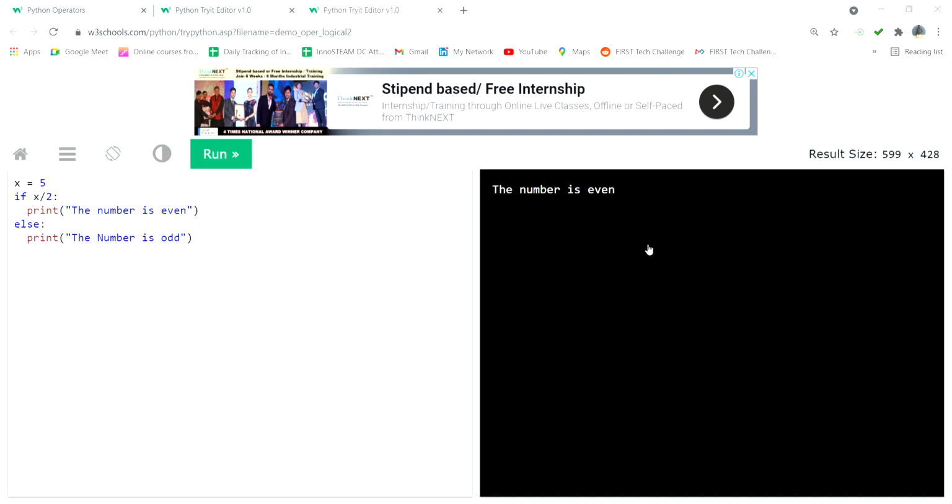Confusion, sir. Yes ma'am. Actually here the remainder should be equal to 0. So we have to see that the remainder value is 0, then only the value is even. If the remainder is 1 or 2 or anything else, whatever it may be, that is called odd. So we need the remainder here, right ma'am? So for an even number, yes sir.